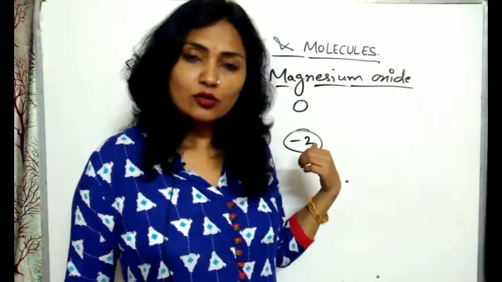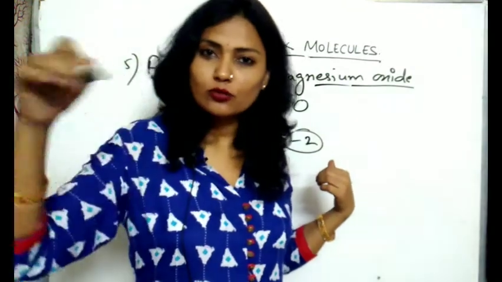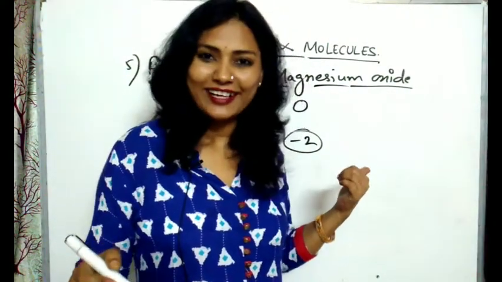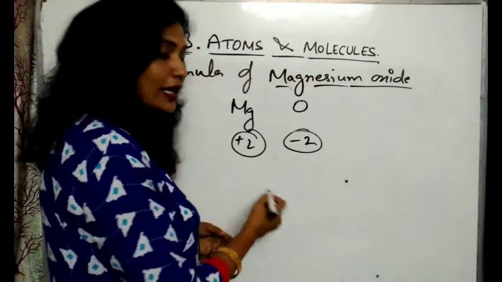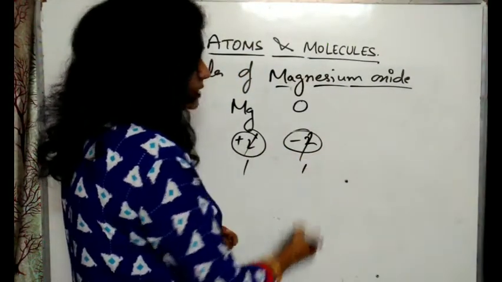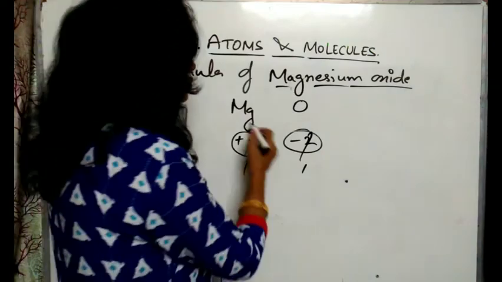Actually, if the valency is the same, it may be divided by a common factor, okay. Like in the last one we divided, 2 1 ja 2, 2 2 ja 4, CO2 is formed, like that. So you can divide it by the common factor. Here also you can divide it by the common factor, 2 1 ja 2, 2 1 ja 2, okay. So what is the formula?